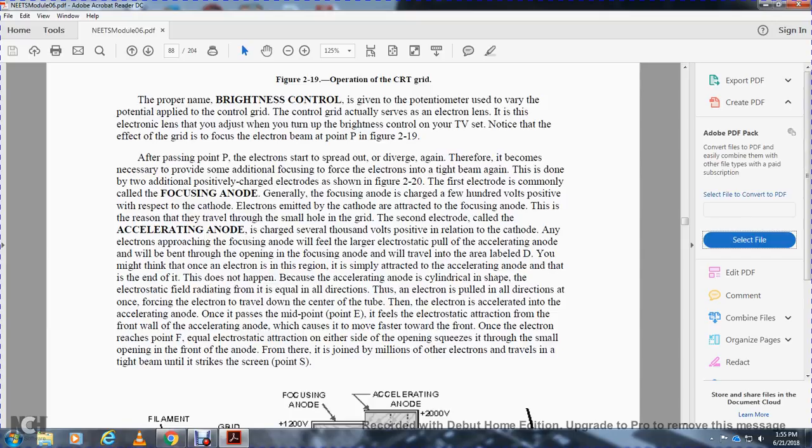After passing point B, the electrons start to spread out, diverging again, so it becomes necessary to provide some additional force on the electrons to focus the beam again. The two additional positively charged electrodes are shown in figure 220. The first electrode is commonly called the focusing anode, generally